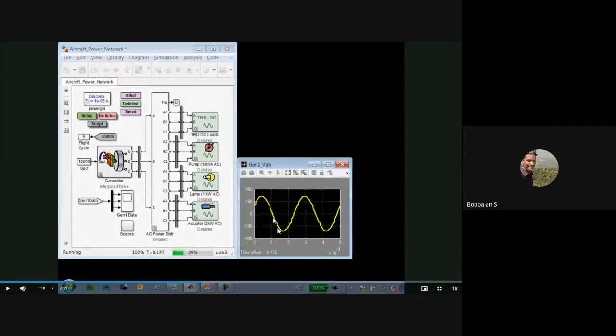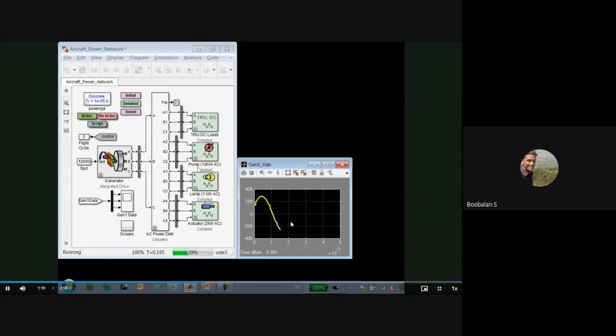You could see this is a voltage waveform generated by a generator, but that generator voltage is now getting affected. Why is the generated voltage itself getting affected? Because my switching devices are connected over this bus bar, right? This is the total bus bar. It's connected over my generator, and after the bus bar we have different kinds of applications: lamp, actuator, DC conversion. So due to these switching devices, my generated power supply voltage is getting distorted, right? Due to my switching devices, that's my harmonics. We need to find out how much harmonics is injected and how we're going to eliminate it, right? We're going to show you, right?